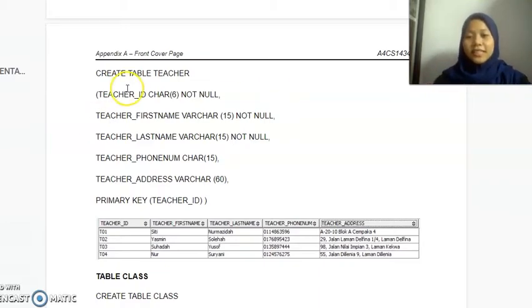So just like this. After you open the bracket, you insert teacher ID, the attribute, and then char 6. This is the data type of the teacher ID. Not null, comma, teacher first name, varchar 15, not null, comma, teacher last name, varchar 15, not null, comma, teacher phone number, char 15, comma, teacher address, varchar 60, comma, and then after you already insert all the attributes in the table